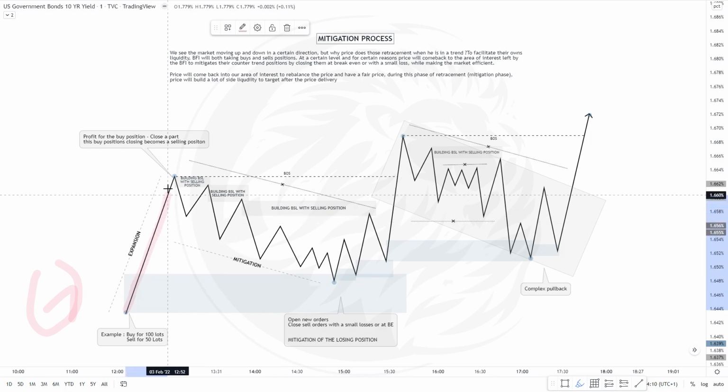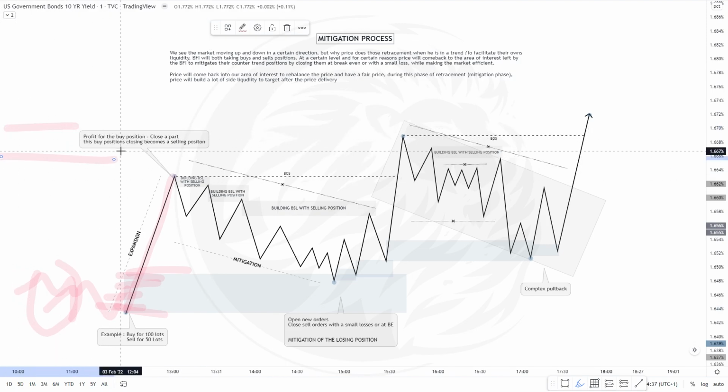So they will push the market and leave some imbalance in the price, and also we have a break of structure, and so this is here our area of interest, our order block. And at a certain level and for a certain reason, price will start to go down. So for example, to the left of the market, we can have a supply in a lower time frame or in a higher time frame, and that's why at this point price will start to go